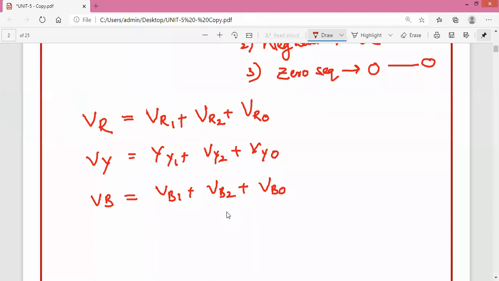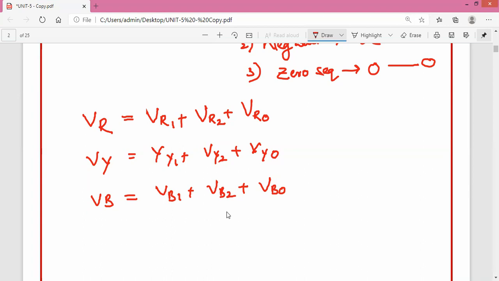So you may be having a doubt here. Sir, instead of having single equations, we are writing in terms of three parameters. It is again increasing the time taken for the calculation, isn't it? So there is a provision here. If you know one set of balanced parameters, the remaining two phases can be written in terms of a single phase. That we are also going to explain in this session.